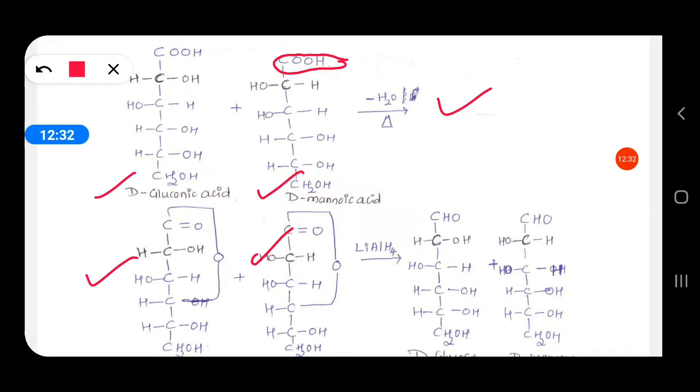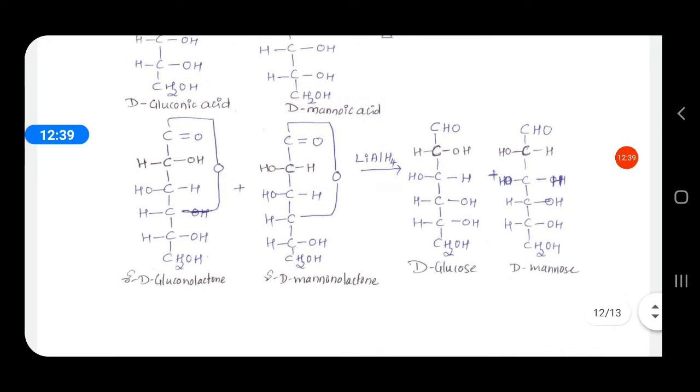Then reduction is carried out. On the reduction of these gamma lactones, the reducing agent used is lithium aluminum hydride